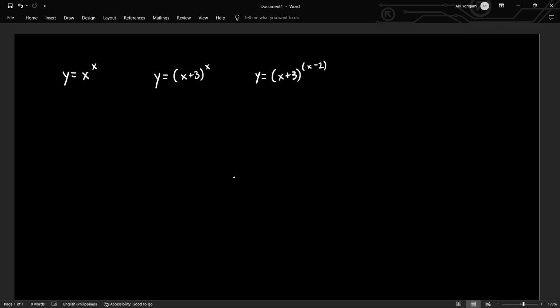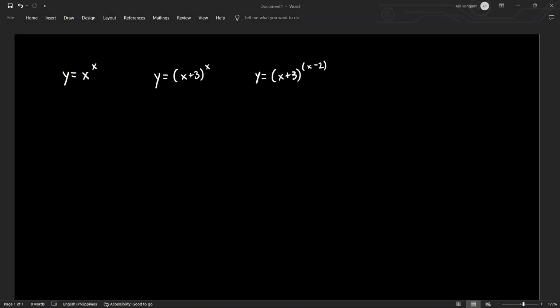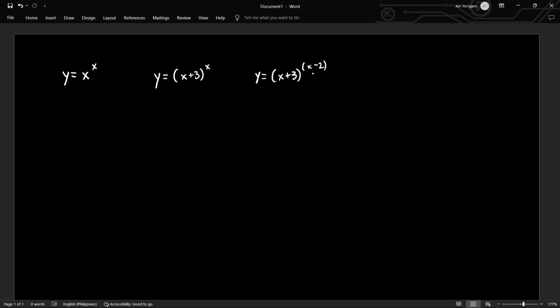In the third case, or the more general case, there is an expression as the base and another expression as the exponent. These expressions may be equal to each other, but both of them should not be just a constant. So any polynomial or any expression, just as long as it's not a constant. Neither of them are constants. How come neither of them should be constants? Because if we, for example, have a constant at the base and then an expression for the exponent, to get